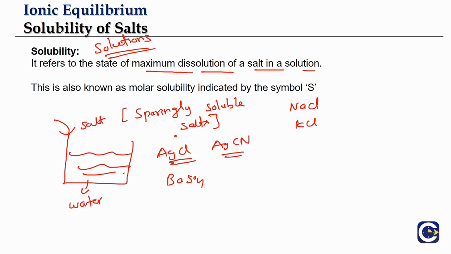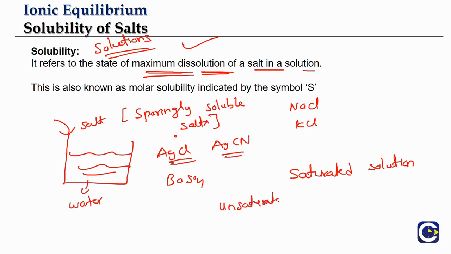If we add some more amount, then we'll see that the salt might still dissolve. And like that, if we reach the maximum amount of dissolution you can have, that is what we will also be calling by the name of saturated solution. So when we have the maximum amount of the salt dissolved, that is what we will be calling our saturated solution. And at this saturation level, and if we have lesser amount, means we will call it as unsaturated.